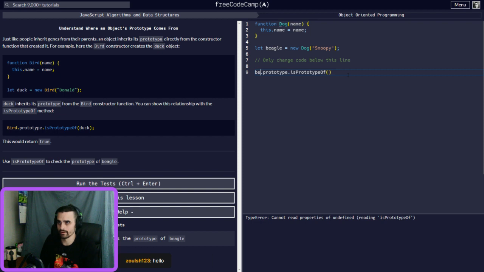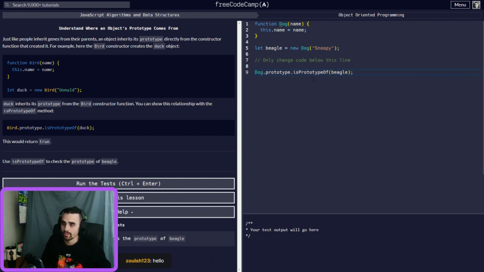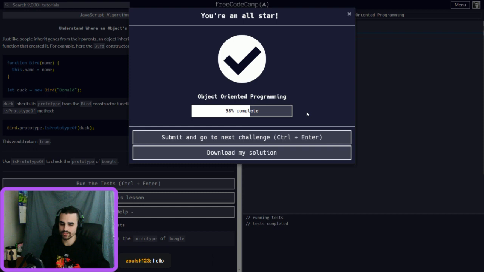You put dog. Right. Dog.prototype.isPrototypeOf, and then put beagle. There you go. And that would result in true, because if you're making a dog prototype, the beagle variable is going to be a derivative, and it's going to inherit all the prototypes of dog. Basically, it's just confirming that when you make a prototype, it's going to be based off of that dog.